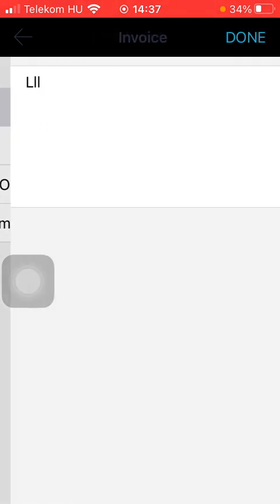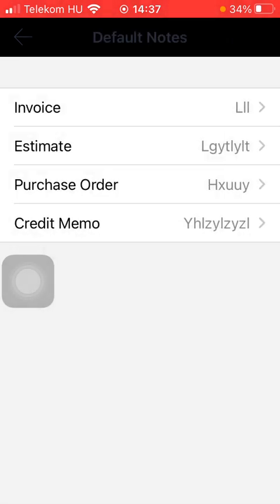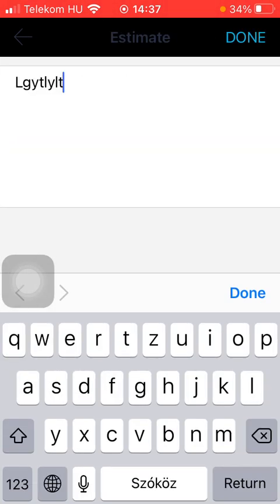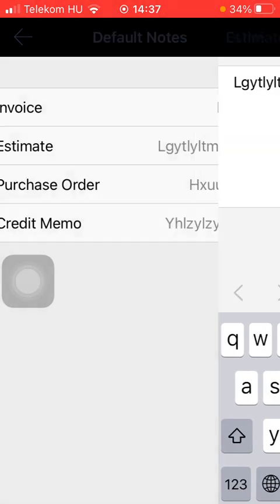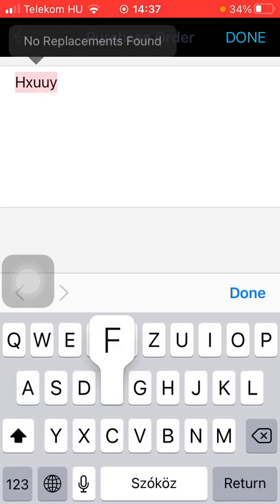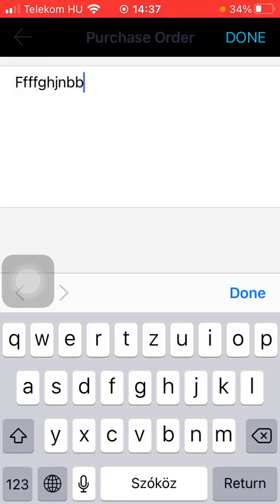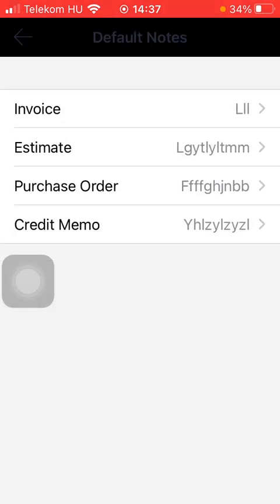So as you can see, each of these have been completed. If you want to, you can edit them anytime you want to. Just simply tap on the relevant one, type in the text and click on the Done button at the top and everything will be saved